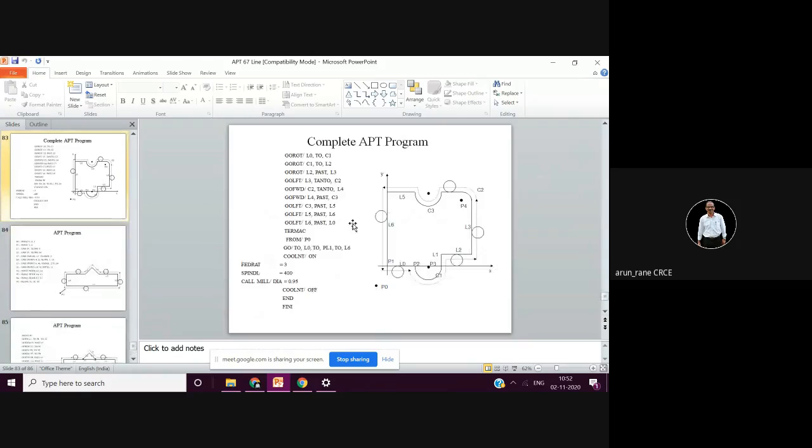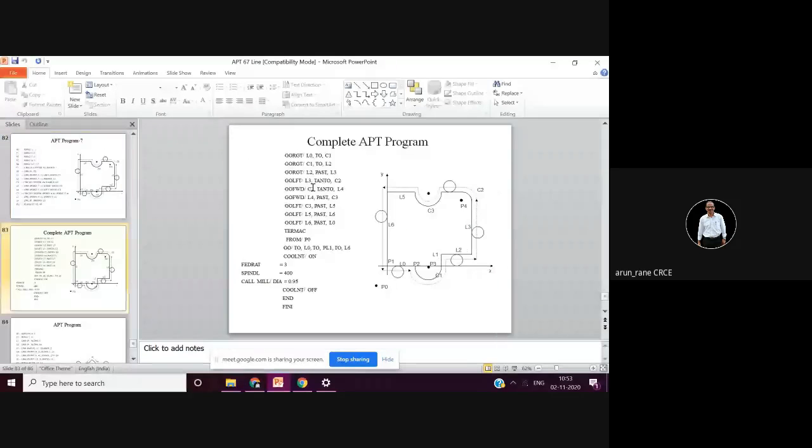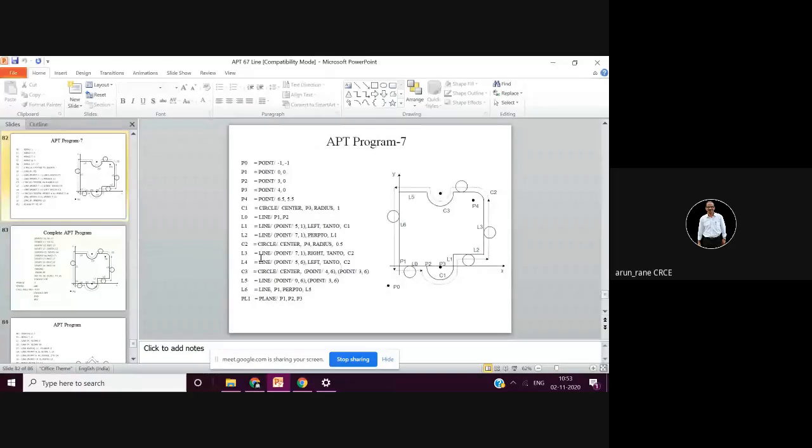Now this is again an external milling program, in which the cutter is going like this. Fine. So again, the first step that is important is motion statement and geometry statement. This is your geometry statement and this is your motion statement.